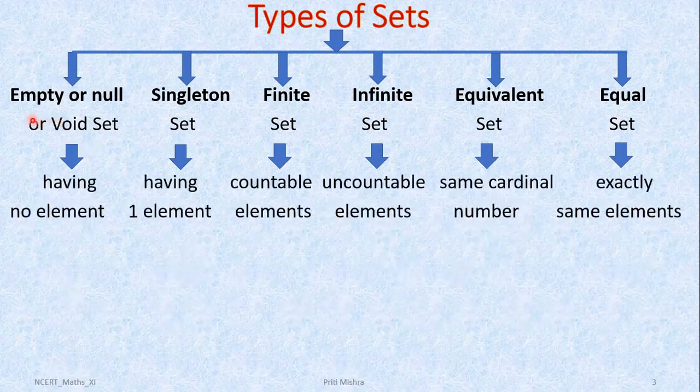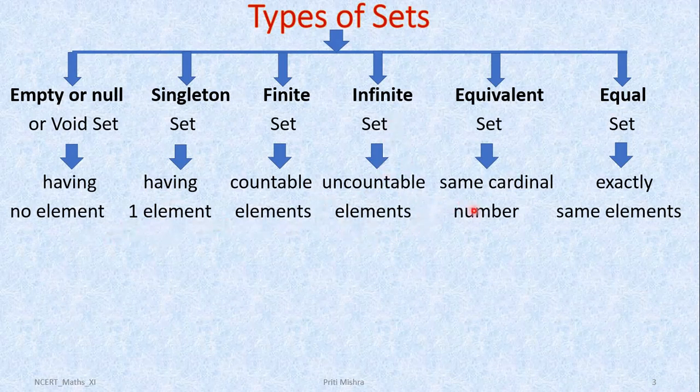Empty set, as its name says, is a set having no element, meaning this set remains empty. Singleton set: a set having a single element or one element only is known as a singleton set. Finite set: a set containing a countable number of elements is known as a finite set. Infinite set: a set having an uncountable number of elements is known as an infinite set. Meaning if we are not able to count all the elements of a set, then we will say this set